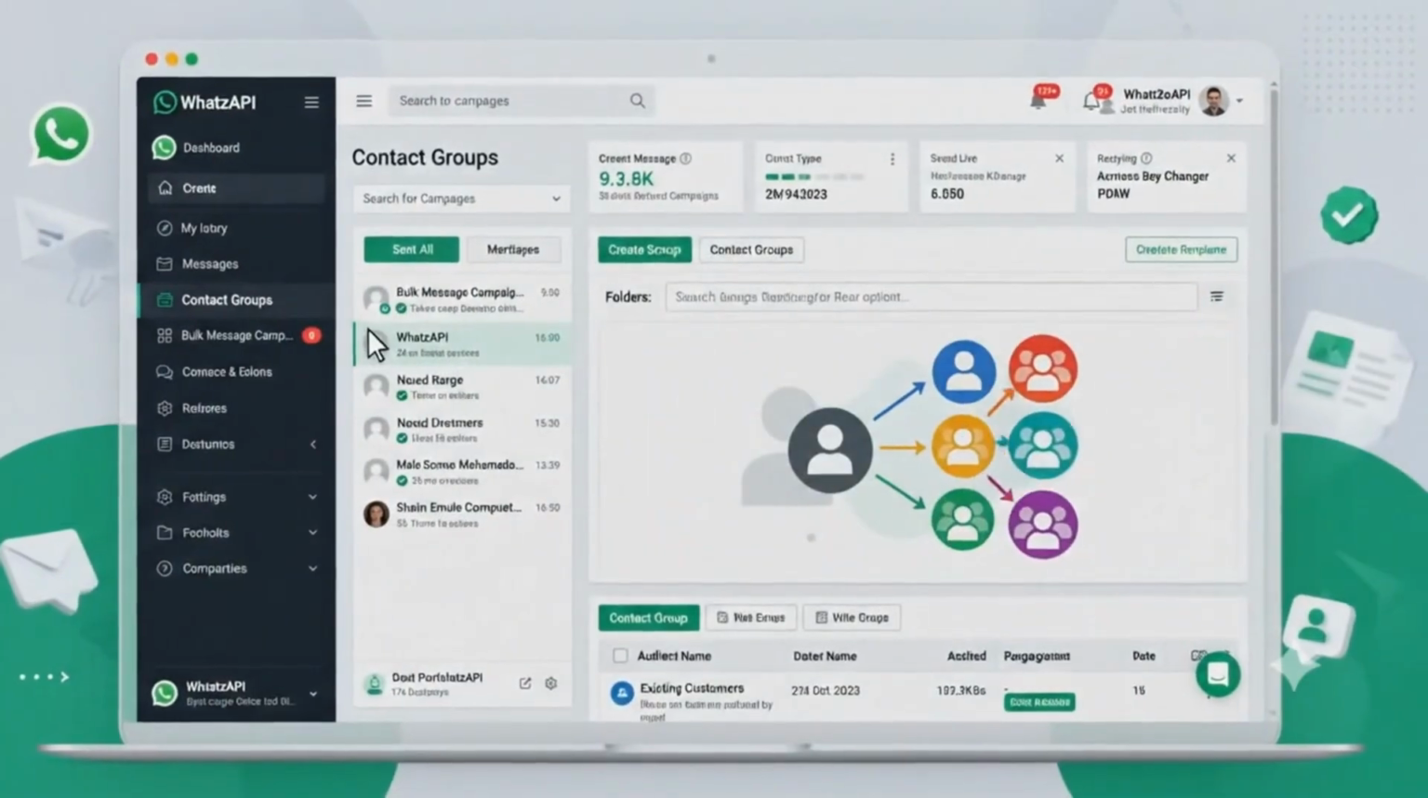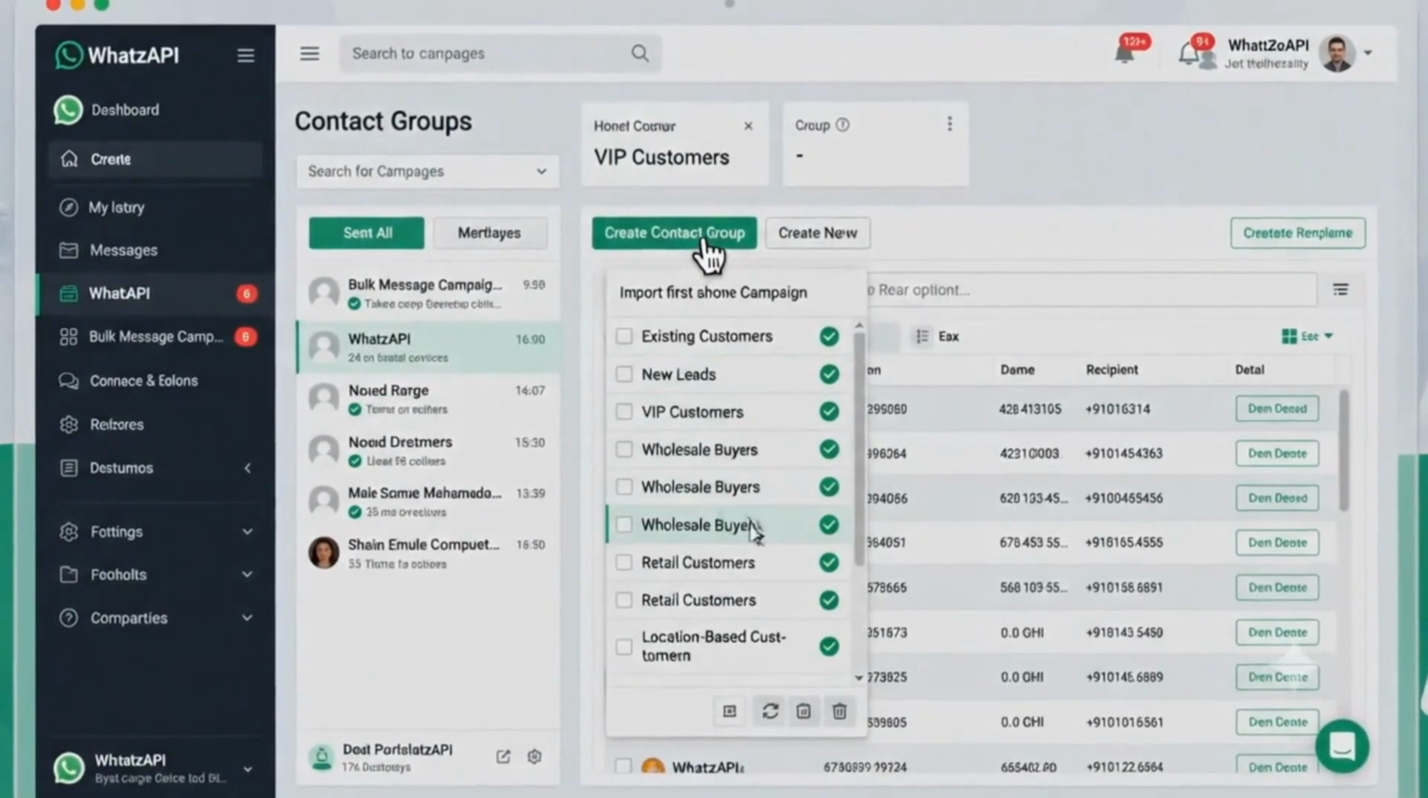Effective marketing is all about targeting the right audience. With WhatsAPI, you can create separate contact